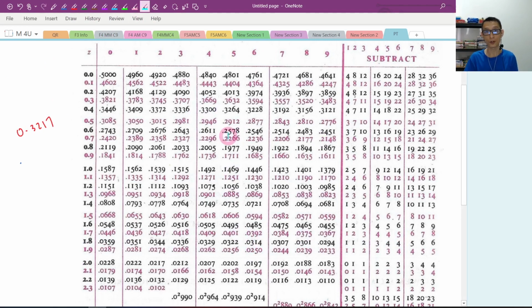If we cannot get the value, we just find a number which is slightly greater than it. 3217, okay, this one, right? 3228 minus 3217, press your calculator, the difference is 11. It means that we want to minus 11 for this one, so that we get 3217. Look for 11. Okay, our answer will be